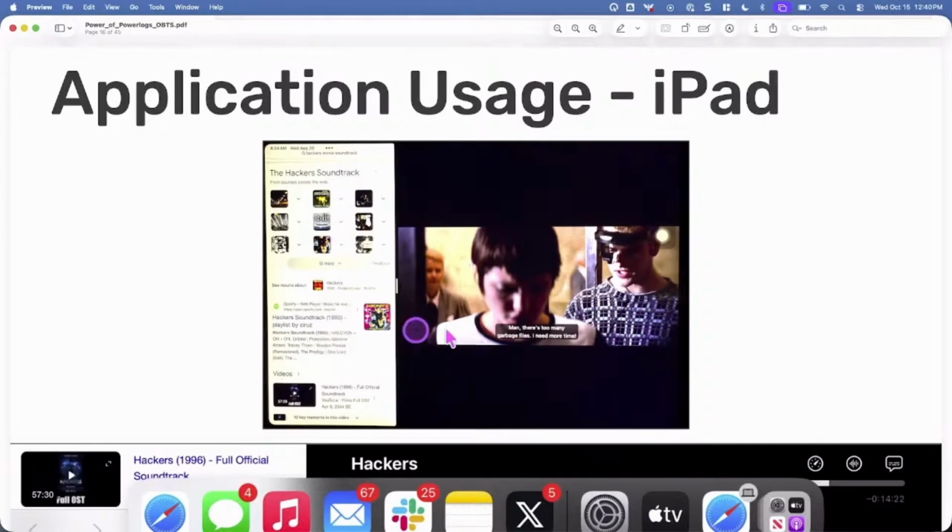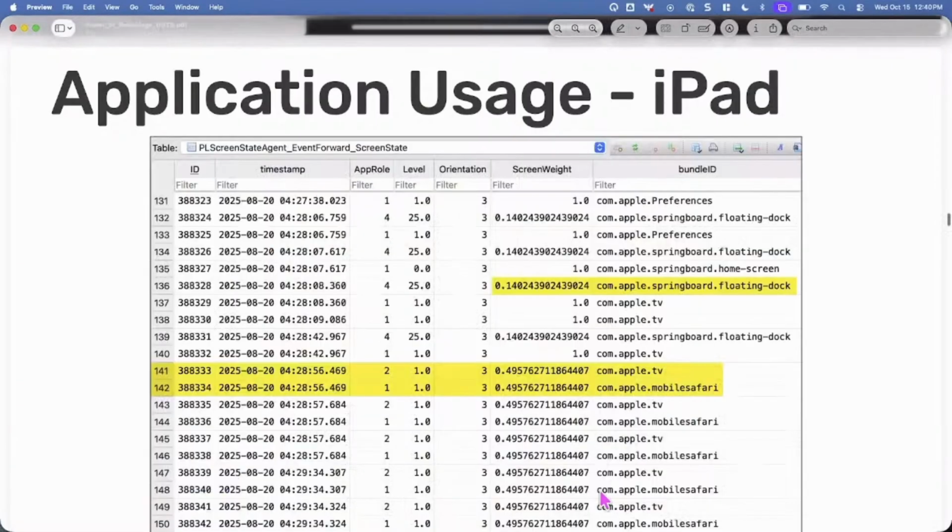So you can see with the screen here that about a third of the screen is taken up by Safari, two thirds is taken up by Apple TV, and we also will potentially have the dock here at the bottom. This is not actually my dock, this is the dock on the iPad, so it shows and reappears every once in a while as well.